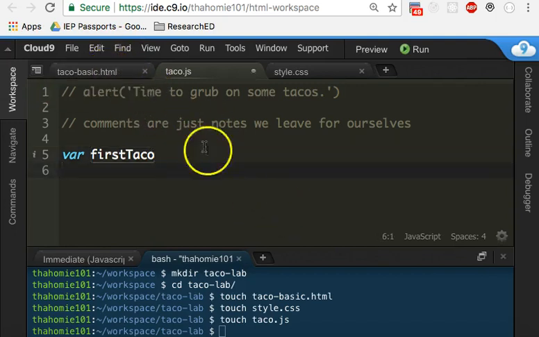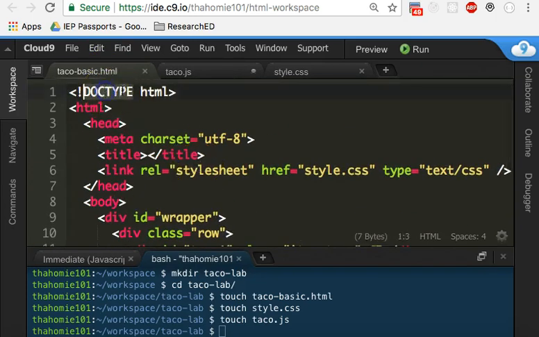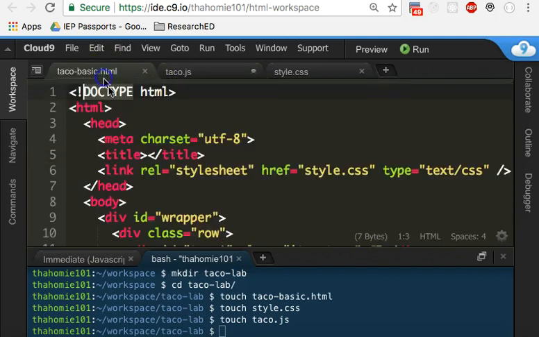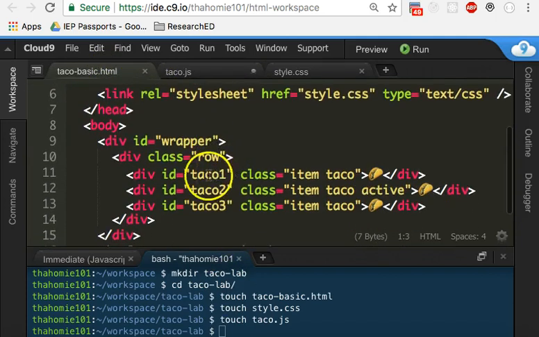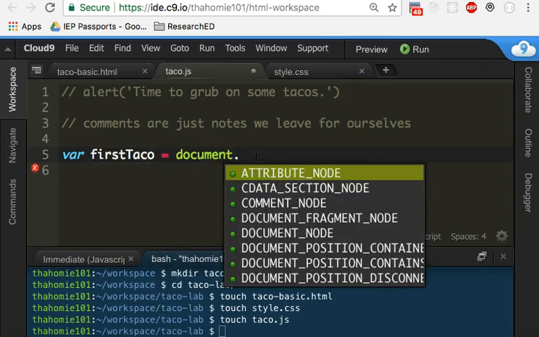Now if you remember, every HTML page is a document. That's why it says doc type HTML. Because every HTML page is just a document. We can actually use that document, and it has a bunch of different commands that can make our lives easy. If I want to grab this first taco right here, I have to know its ID. What's the ID of the first taco? Taco 1. Lovely. So all I need to do is say first taco equals document, the HTML document,